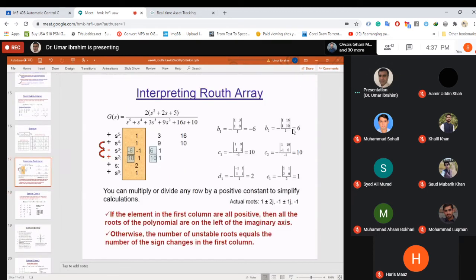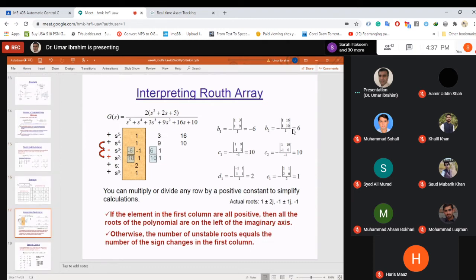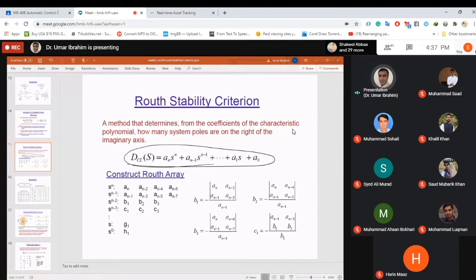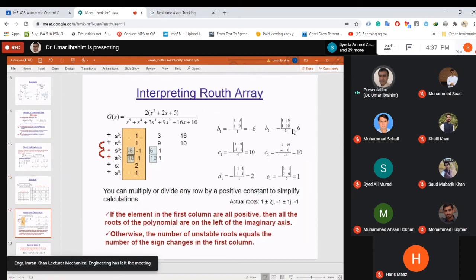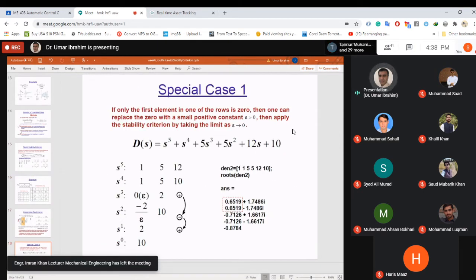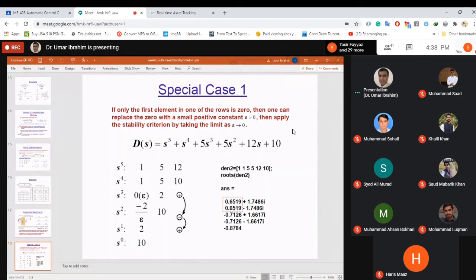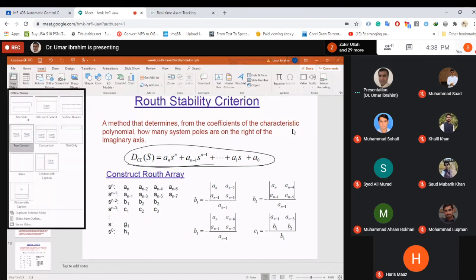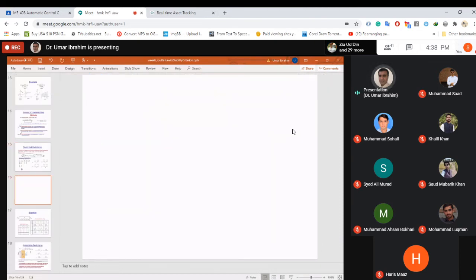Assume this is a closed loop characteristic polynomial. This is a closed loop transfer function characteristic polynomial. Then to make a table, let's do an example. Actually, let's do an example. Let's look at this example. I'm going to write, let's add a page. Let's say we have